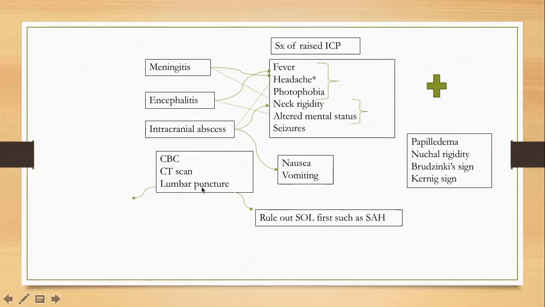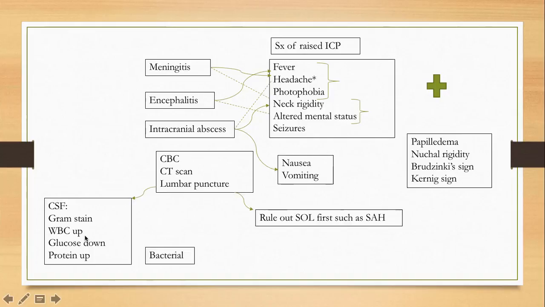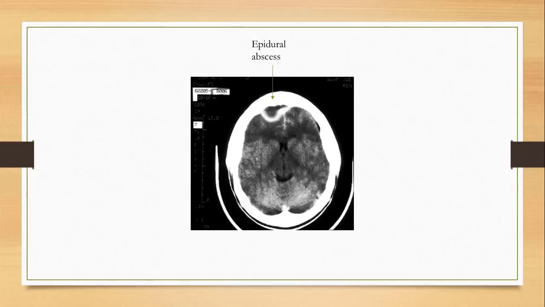When you perform lumbar puncture, then CSF will need to be analyzed, and you perform a gram stain on it, and of course white count will be high, glucose will be low, and protein will be up in the case of bacterial infection. So whenever it's bacterial meningitis, which is more common than the other types of meningitis, then glucose will be low and protein will be high. So remember, bacteria will eat the glucose just like we do and will produce protein. So that's how you can remember it. Alright, so this is just a quick picture to show epidural abscess,